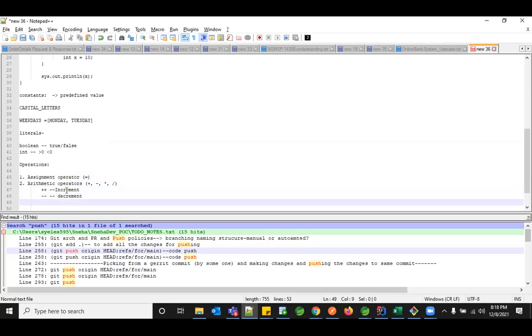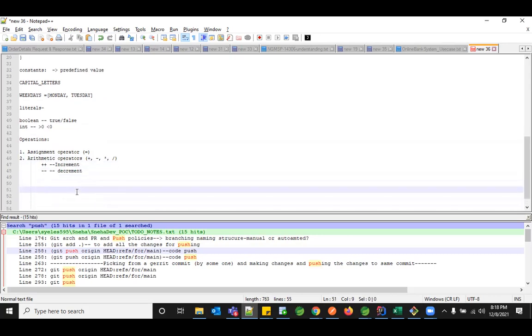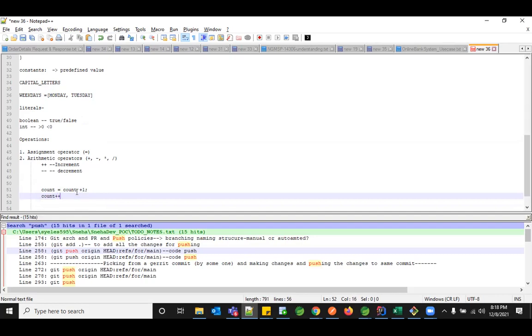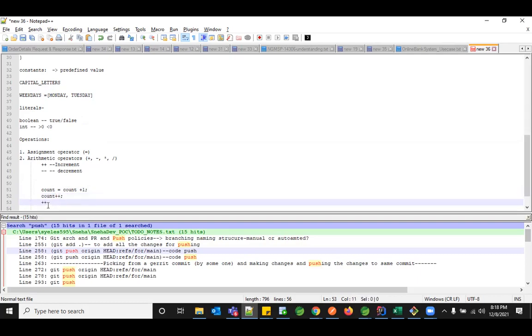Why do we need to have this? So basically if you want to add just 1 to anything, right? Java has provided something so that instead of giving count = count + 1, instead of writing this line of code, if you want to increment by just one value, you can just use this particular ++. So you're basically simplifying your code. Instead of writing count + 1, you're just using the double plus operator. And this double plus operator can be used as a suffix or also as a prefix to your variable.